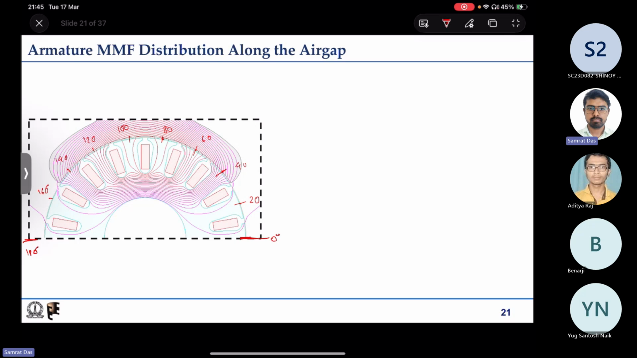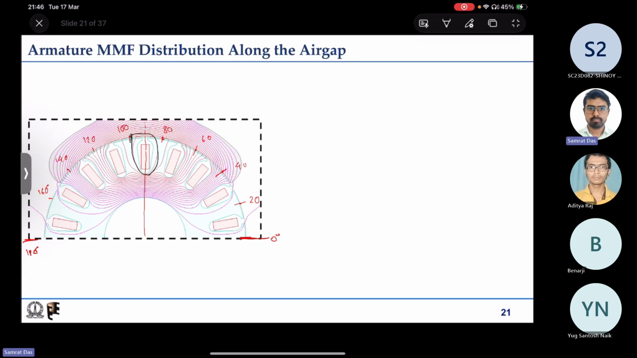So if we move 90 degree, that will be the point where the direction of the flux line will not be along this line. So this is the interpolar axis. Now if we take any flux line, say this one, we have,